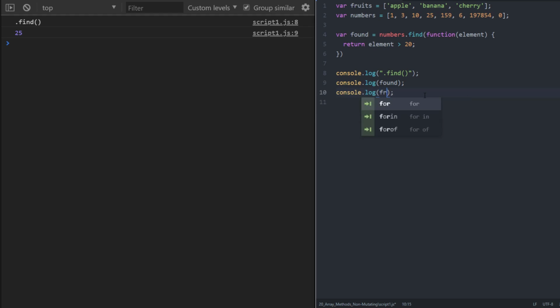Now let's check the original array, and it wasn't changed as we see. Okay,